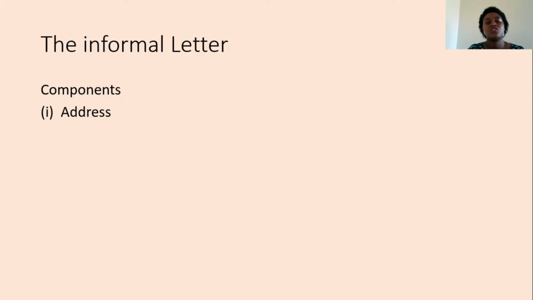The address is usually put at the right corner of the letter. Since we are preparing for our UCE exams, Uganda Certificate Examinations, whichever class you are in, senior 1, 2, 3 or 4,